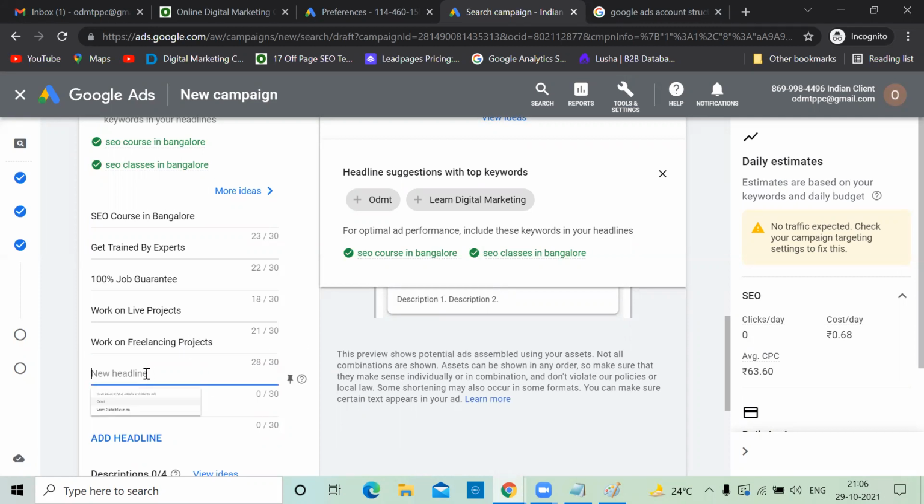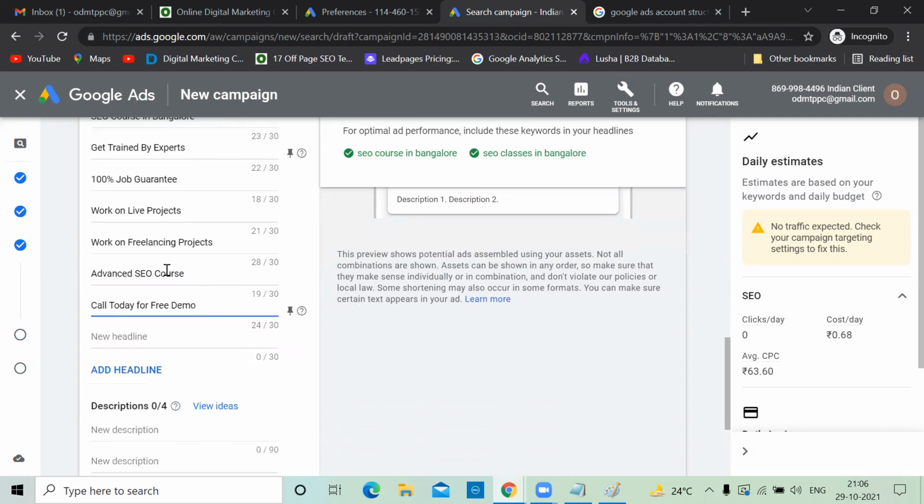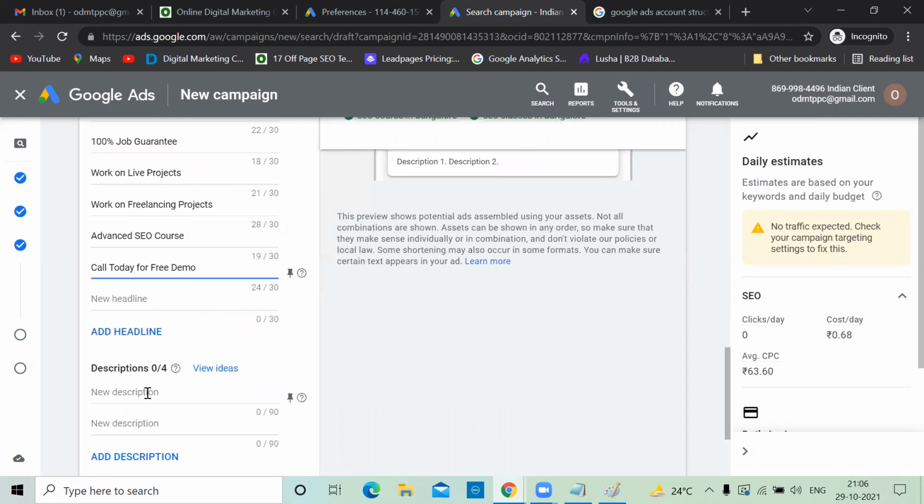So you can mention SEO any number of times. See, I'm mentioning advanced SEO course. Call us today. But here I never mentioned Google trademarks. Then description.